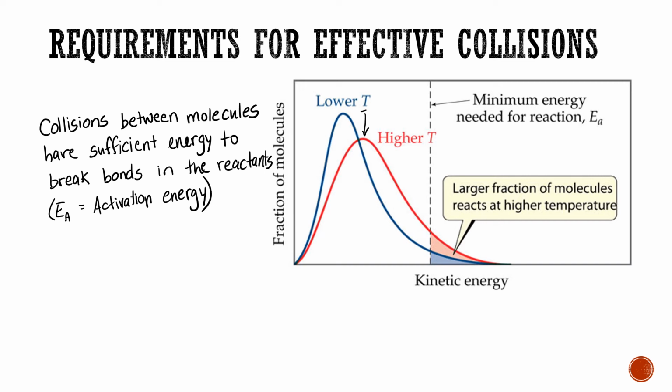So with this graph, you can see that as we raise the temperature, here is kind of the line where I'm going to have an effective collision. In order for an effective collision to take place, we need a certain amount of kinetic energy. Kinetic energy is the energy of motion. So we need enough speed that those particles are going to hit with enough energy that